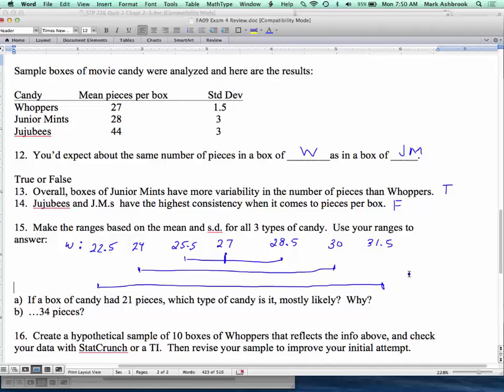Is this what you got for these? Everyone should have gotten that. You add 1 standard deviation above and below. You add 2 standard deviations above and below. It should be 1.5 times 2, and then 1.5 times 3. You add it to 27, subtract it from 27. Any questions on that? Okay, so